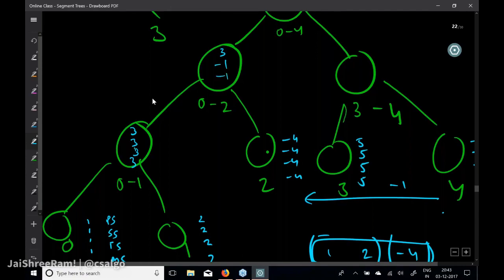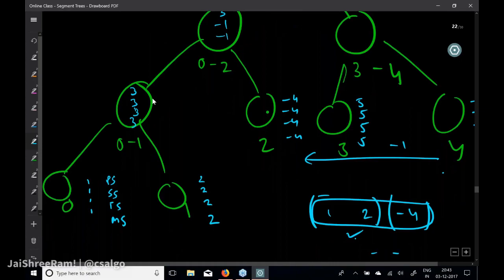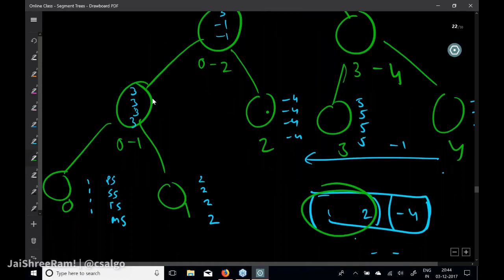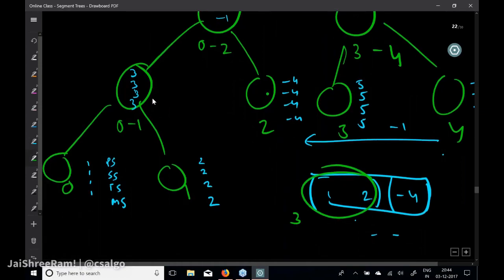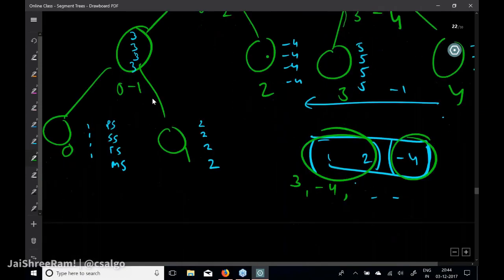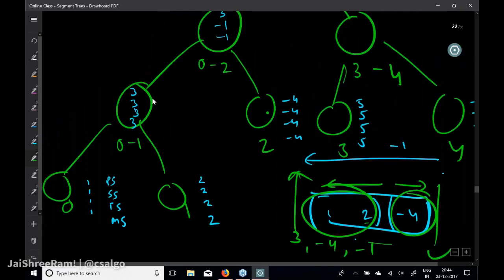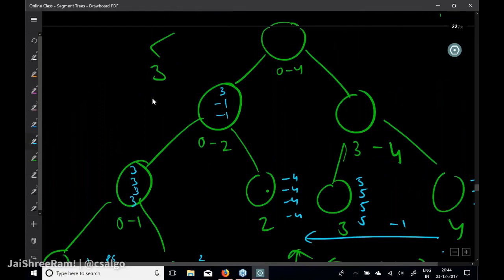अब क्या चाहिए हमें, टोटल सम, तो टोटल सम होगा 3 - 4 = -1। अब हमें क्या चाहिए मैक्सिमम सम, तो मैक्सिमम सम होगा या तो टोटली सम लेफ्ट पार्ट में लाई कर रहा है, लेफ्ट पार्ट में मतलब इसमें लाई कर रहा है तो 3 आएगा, राइट पार्ट में लाई कर रहा है तो -4 आएगा, या फिर लेफ्ट और राइट को कंबाइन करके बन रहा है, तो उससे भी कितना आंसर आएगा, लेफ्ट का सफिक्स राइट का प्रीफिक्स, तो लेफ्ट का सफिक्स 3, राइट का प्रीफिक्स -4, तो ये भी -1 आ रहा है, तीनों का मैक्स -1, तो इस सब एरे का मैक्सिमम सब एरे सम 3 होगा, तो ये 3 आ गया। ये चीज समझ आ रही है।